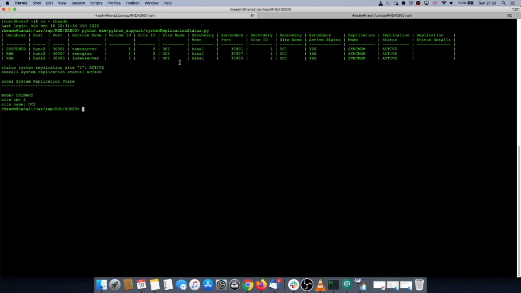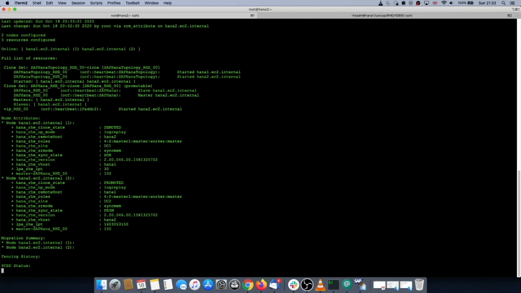Those are the commands to control the Red Hat pacemaker cluster. So if we check the status, just do a full status of the cluster, we can see everything that's been created. So 2 SAP HANA resources for the databases, 2 SAP HANA topology resources with the information of the HANA installations, and then the virtual IP, and then all the attributes of the nodes. So who's the primary or promoted, who's the secondary or demoted at the moment, the type of replication, that's the sync memory, the status, that's status okay, the HANA version,